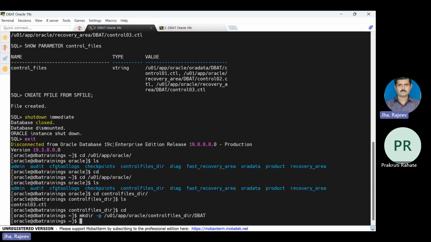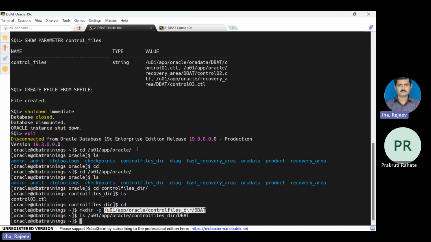Now if I go for the ls command, you can easily see that the subdirectory has been created, but there is no file at all. Got it? As of now, I don't have any file in this directory. Now what I'm going to do is copy my file, and for that I am going to use